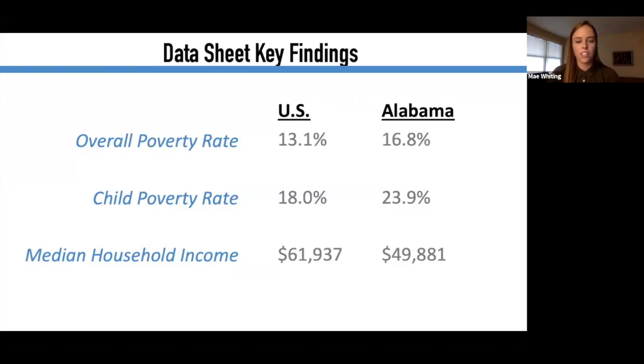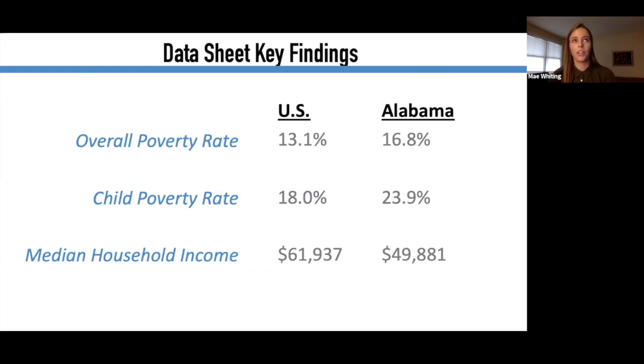Thank you, yeah. So to summarize some of this year's key findings, Alabama is the 5th poorest state in the country. More than 800,000 Alabamians live below the federal poverty line, and that includes 256,000 of Alabama's children. To give you an idea of how poverty is measured, for a single individual, the federal poverty threshold is $12,784. For a family of 4, the federal poverty threshold is